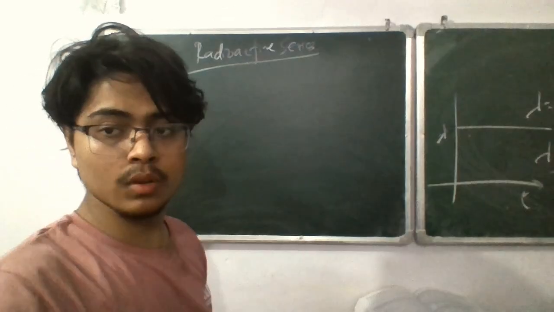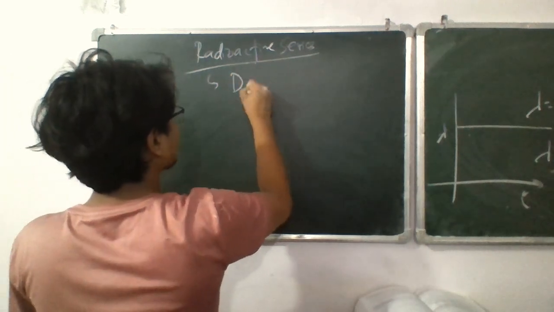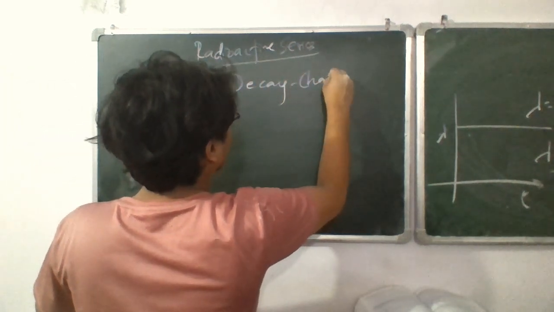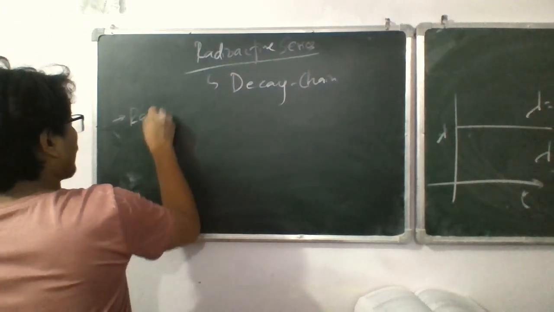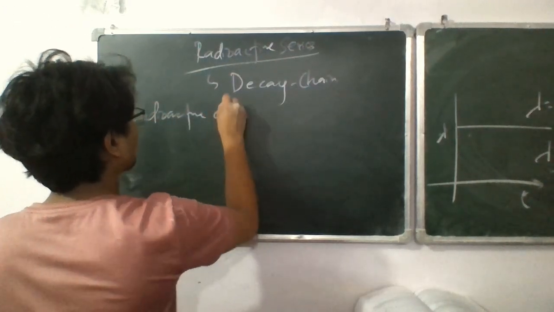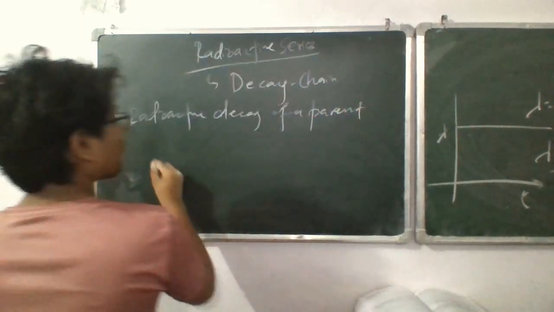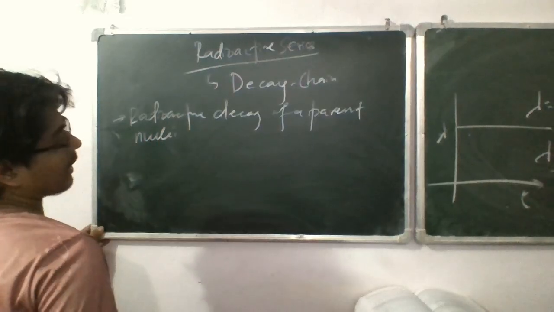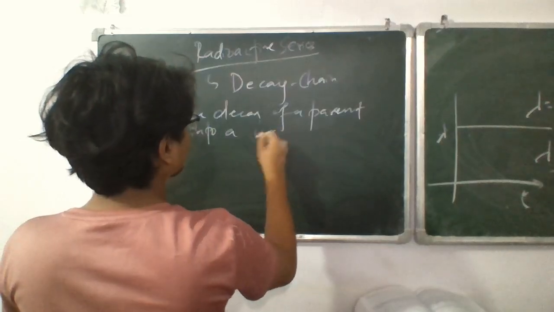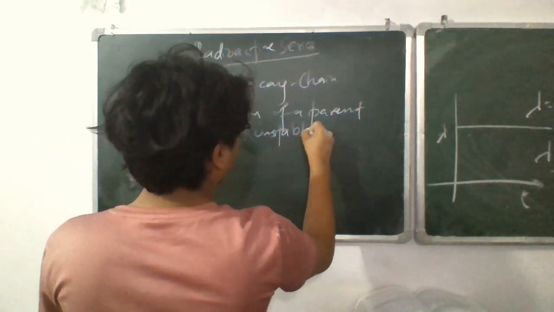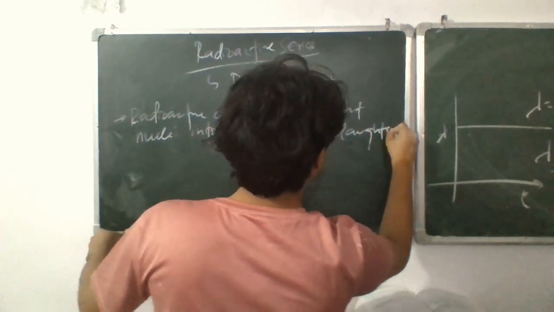When we say a radioactive series, it's sometimes also called a decay chain, and it involves the radioactive decay of parent nuclei into unstable daughter nuclei,